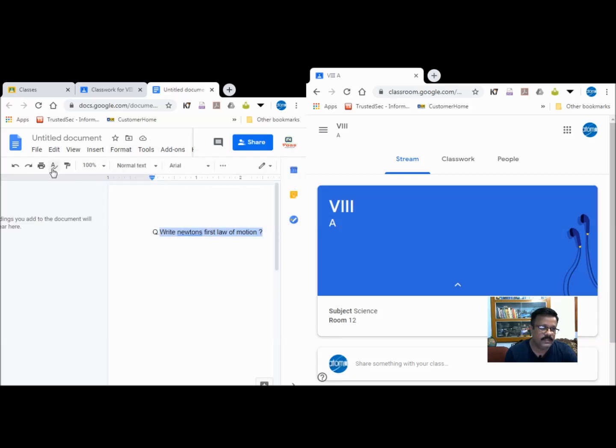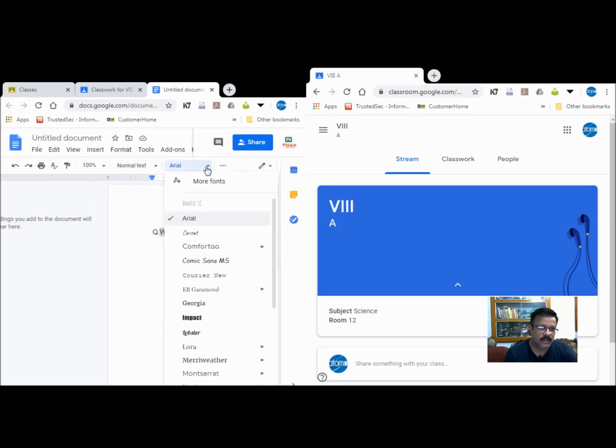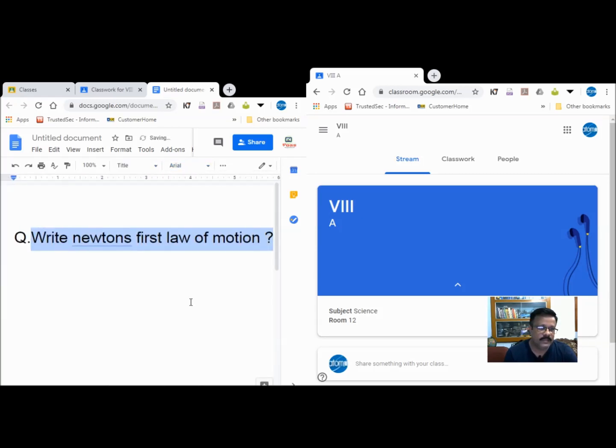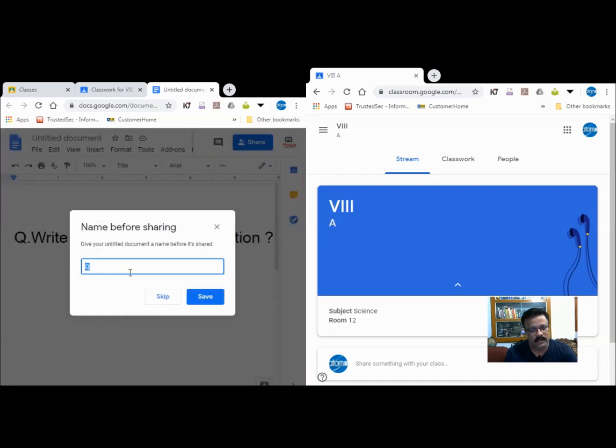Simply I have chosen this one. Now this is the question. Now I am sharing it with the student. Share. Now give a title here, suppose motion.